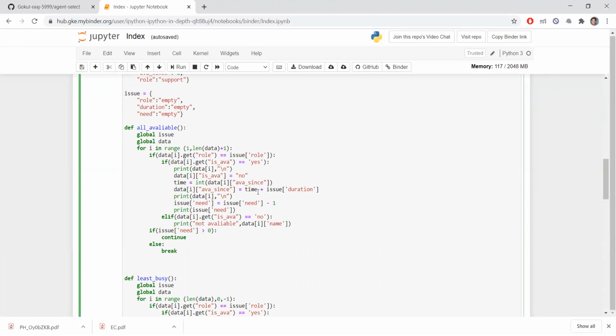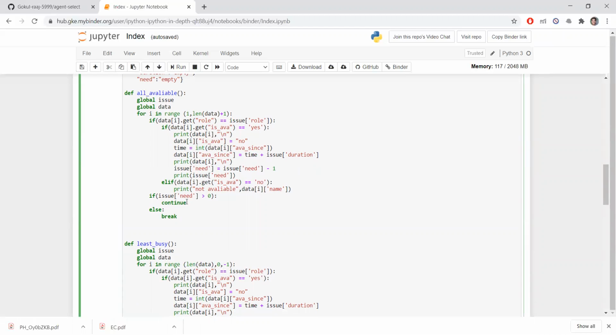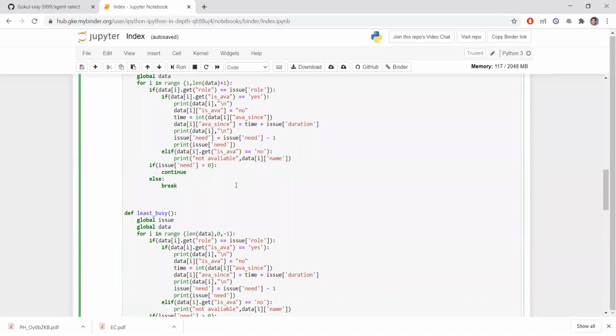Okay, because the issue is being assigned for some hours, right? So the hours is being changed from 8 a.m. to the duration that he is needed. So it returns, and then if issue needed is greater than zero. We have mentioned before that if the customer needs 2 or more employees in his issue, and the need of employees is greater than zero, again it will go and check again. So it will again assign another agent and another work. Okay, this is for